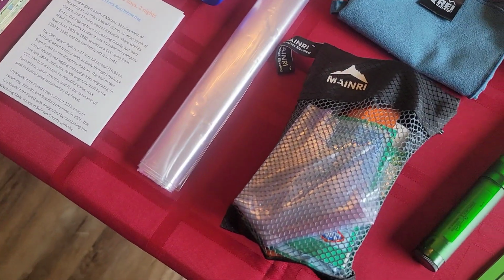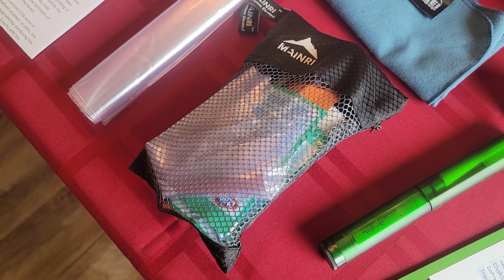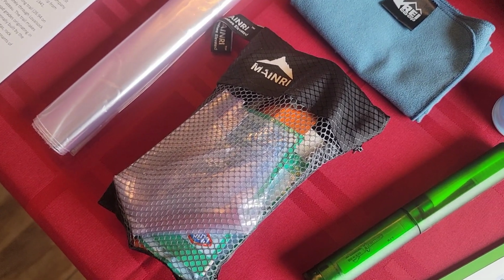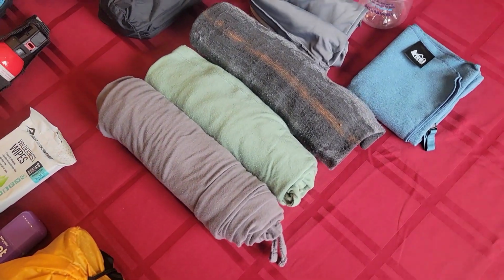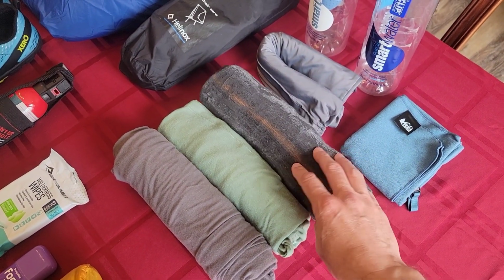Last but not least here in the essentials is the kit. I mean the poop kit, but that doesn't rhyme. So shovel, lots of toilet paper, all the essentials. Everybody does it. All right, moving up here, some spare clothing, a spare pair of underwear for the evenings,